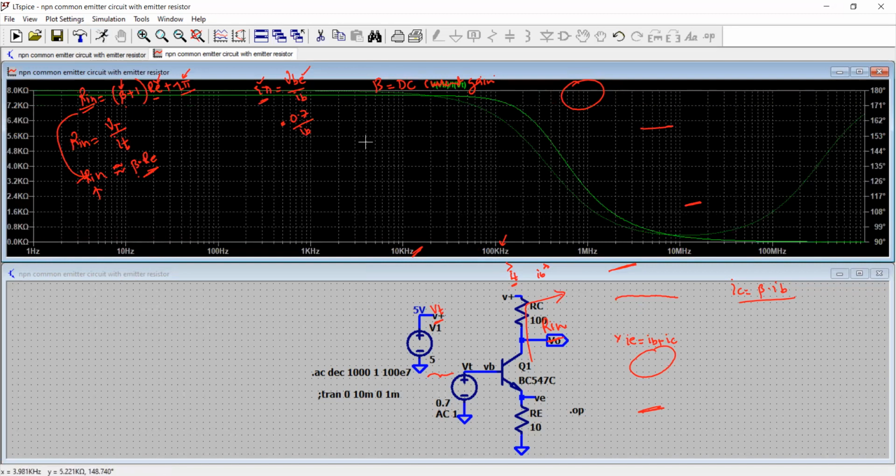So you see how to actually compute and simulate the performance of it. So it's quite close to what we calculated. Not really very close, but still approximate, because we have neglected the contribution of R pi here, right? So if we add the R pi, which is basically VBE divided by IB, VBE is our 0.7 and IB is about 8 microampere. So that gives you the value of about